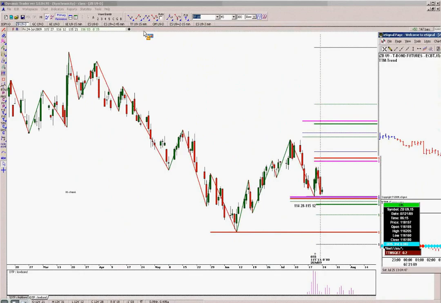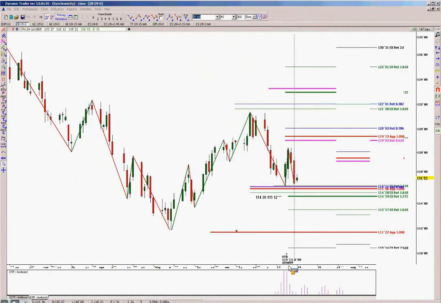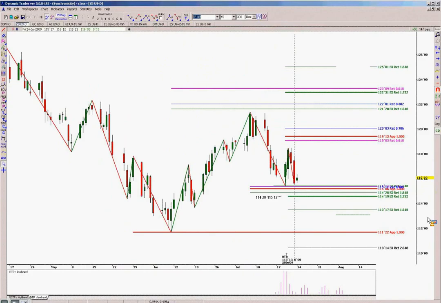All right, first let's start with the setup. If you have a trading plan that says you can take a trigger against a price cluster setup, then in this case, I'll just tell you where it is. There was a wide cluster between the 114.28 to 115.12 area on the daily chart in the bond.